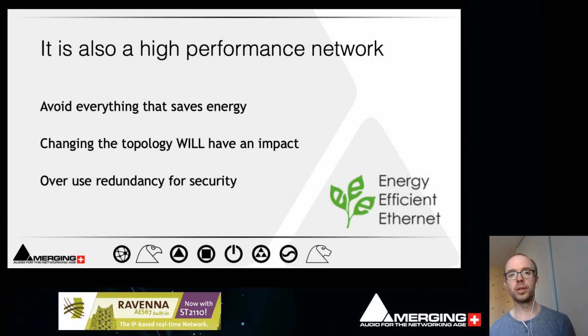But also, the AES67 network is a high performance network. So avoid everything that saves energy, that will try to lower the headroom between the actual working point of the network and the full capacity of the network. We want to have a lot of power available in a short amount of time,